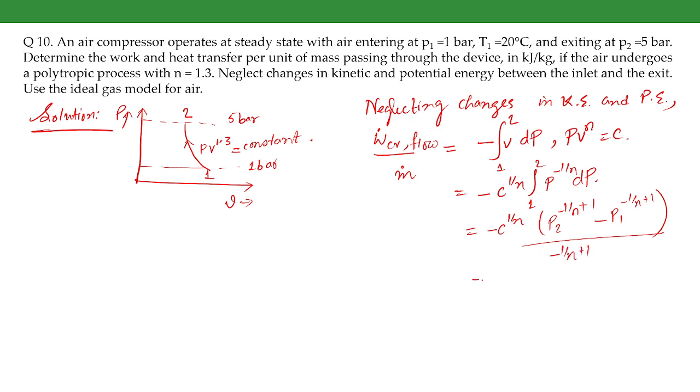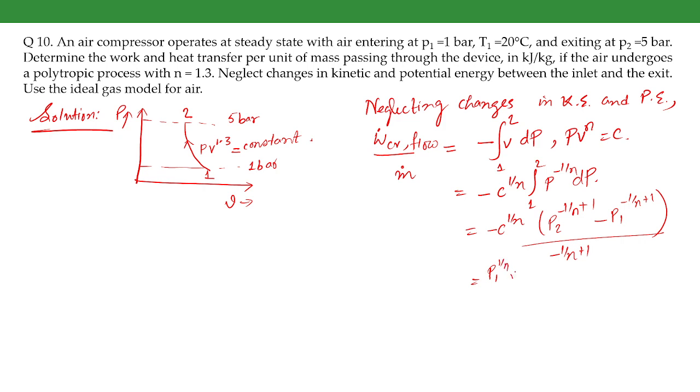What is C? C can be written as P1 V1 to the power n. Therefore C to the power 1 by n can be written as P1 to the power 1 by n into V1. So if we take the minus inside, it will come out as P1